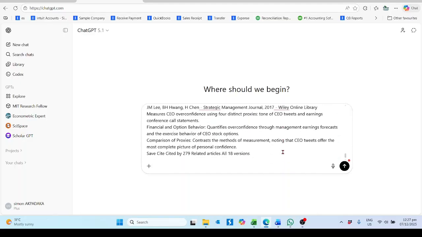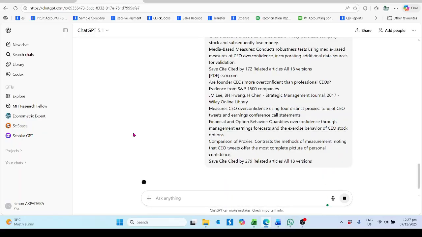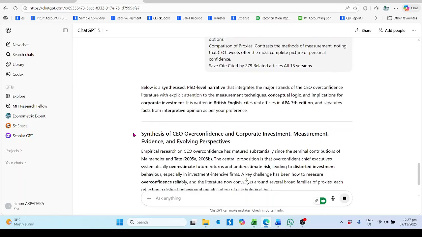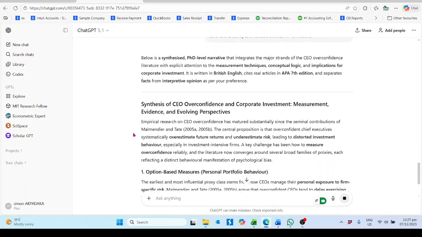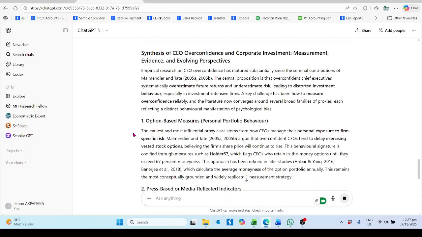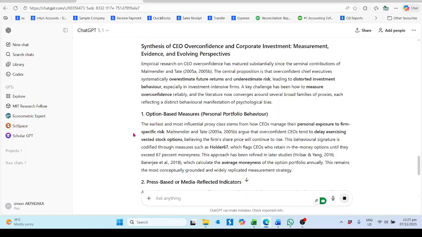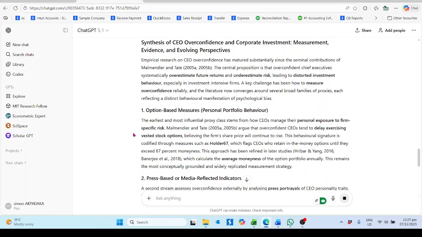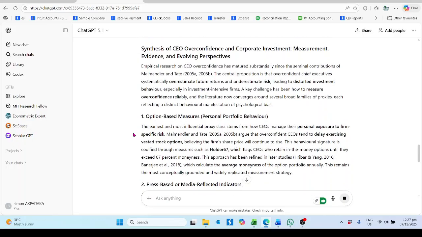So I've copied the works there. You can see,